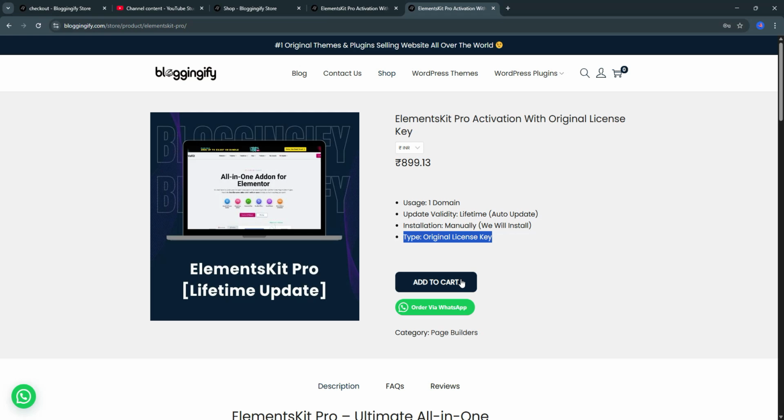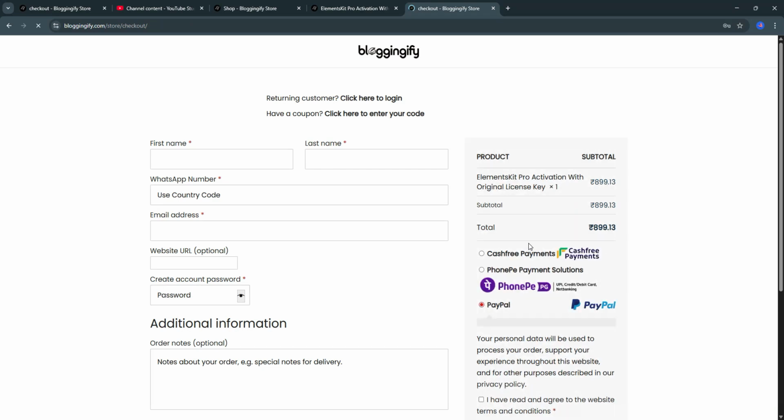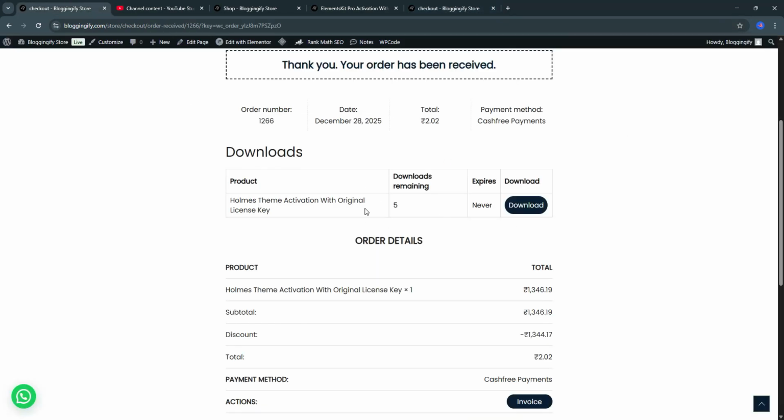So if you want to purchase this one, so just click on add to cart button. Now click on checkout button. Now here you have to fill your billing information, that is your first name, last name, your WhatsApp number with country code, your email address and other information, and select your payment gateway according to your country and confirm your payment. After the payment confirmation, you will redirect this type of thank you page, and here you can see a